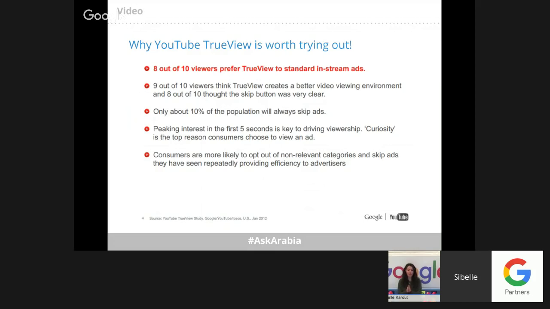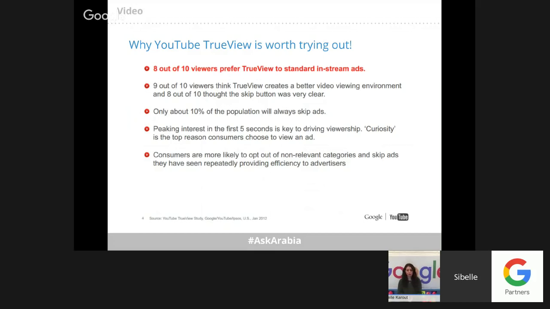So you now have the opportunity to focus on the first 5 seconds of your video to make sure it's very attractive. It increases the viewer's curiosity in order for them to proceed. And if they were not curious, they will just skip it. So it gives you a better opportunity there.